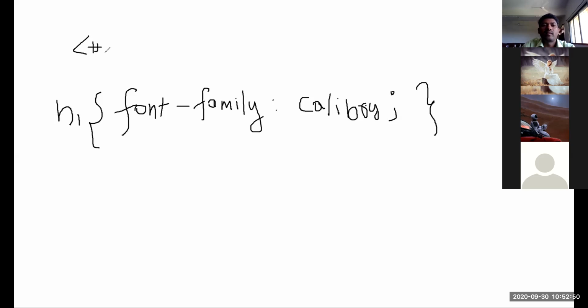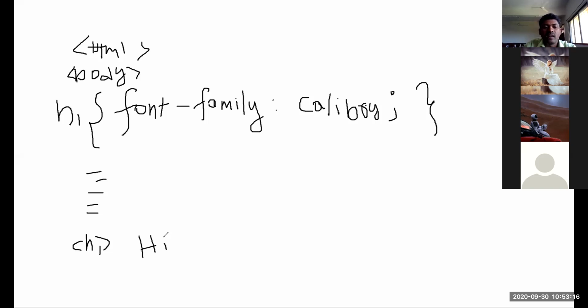HTML is open. Body is open. Then write some other tags here, some paragraph, some H1 tag. Right here H1, the data related to H1. I am just writing hi.